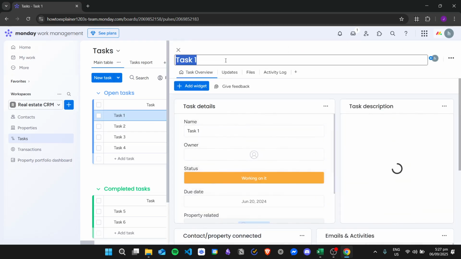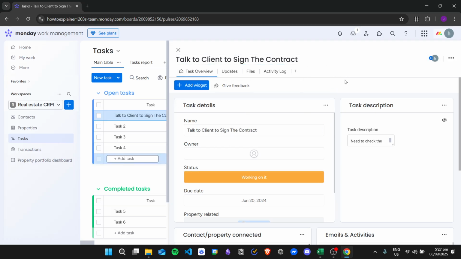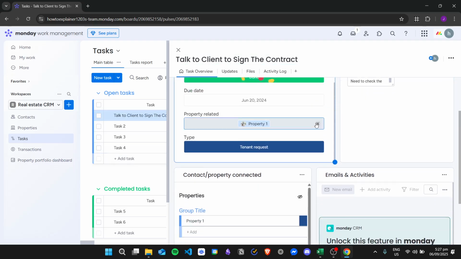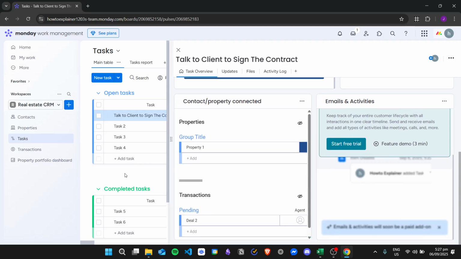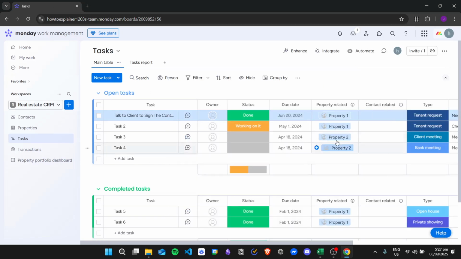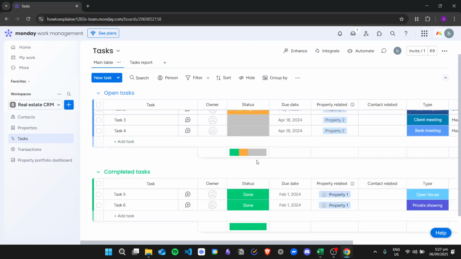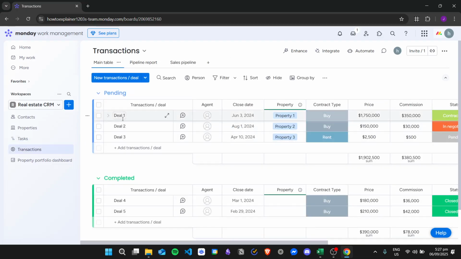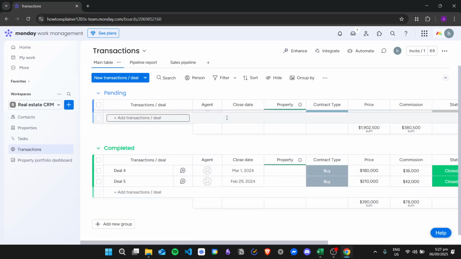I'm sorry, I didn't save it. For example, like this. And then just click out, and if you want to change the owner or the status, click on done, and so on and so forth. So you just need to edit the specific details right here to tailor it to your needs for your real estate. And then you also have here the copies of your transactions